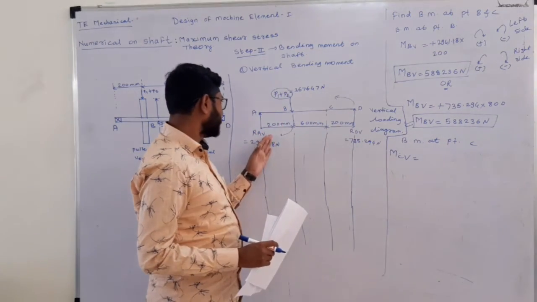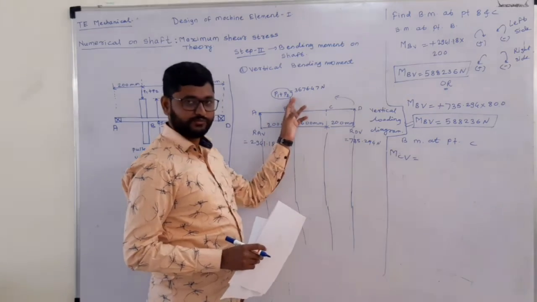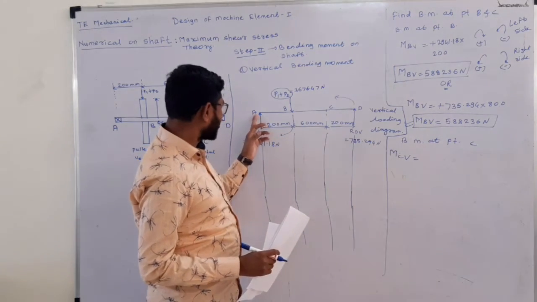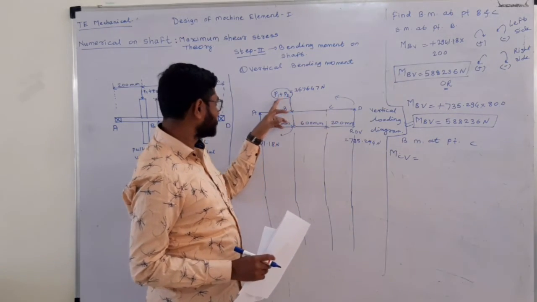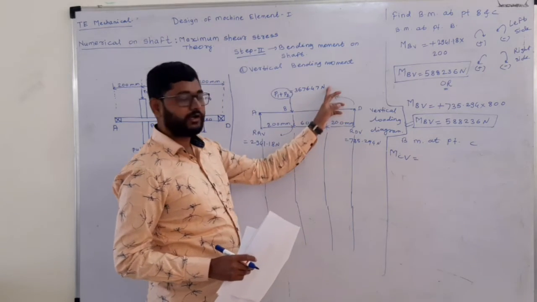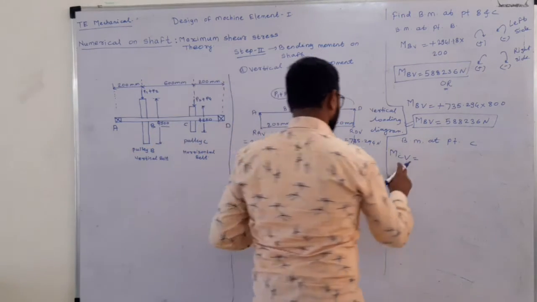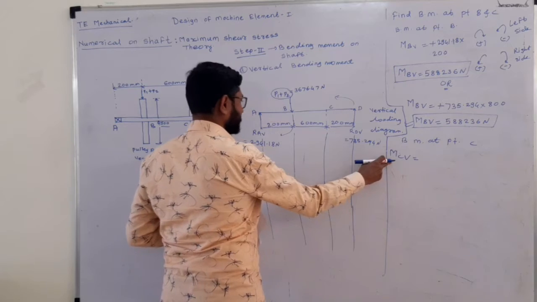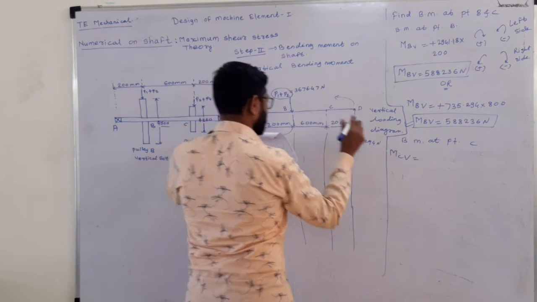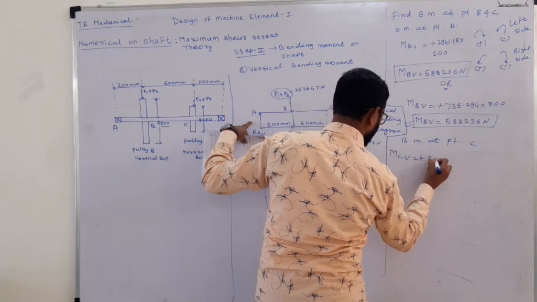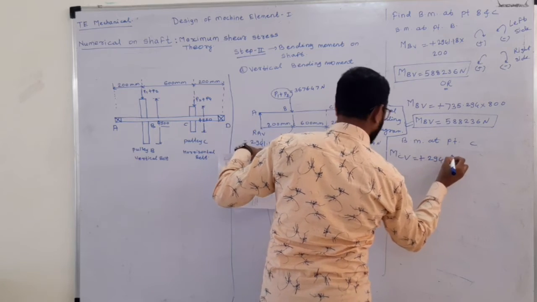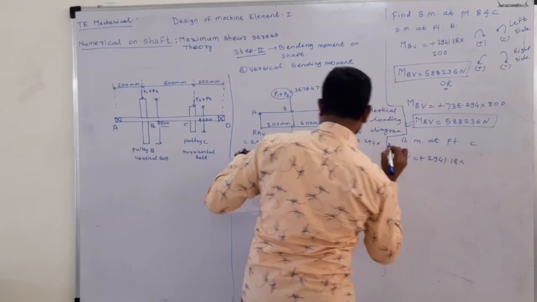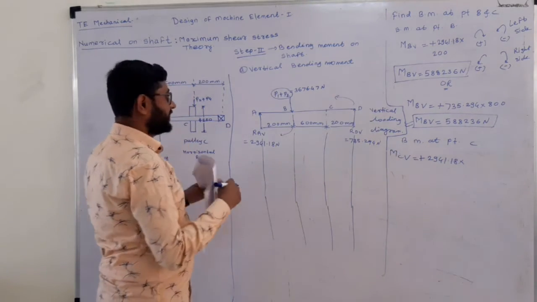One is RAV and another is P1 plus P2. This RAV acting clockwise and this P1 plus P2 acting anti-clockwise, means this bending moment at point C is nothing but this force plus 2941.18 into perpendicular distance